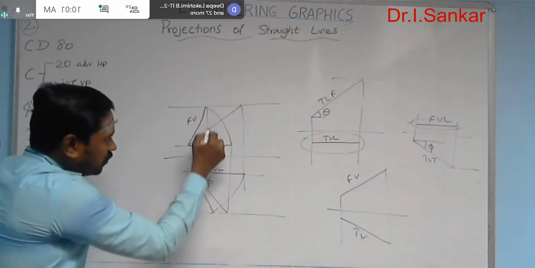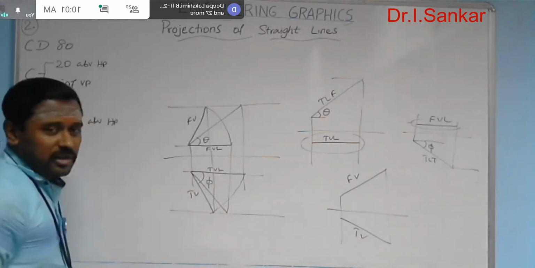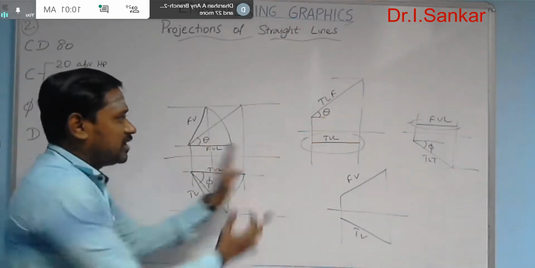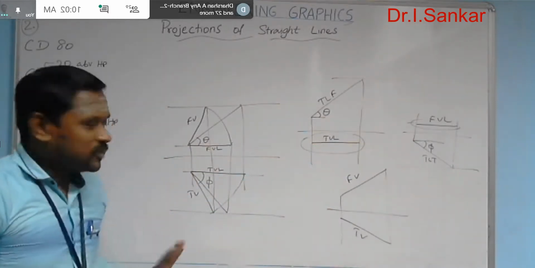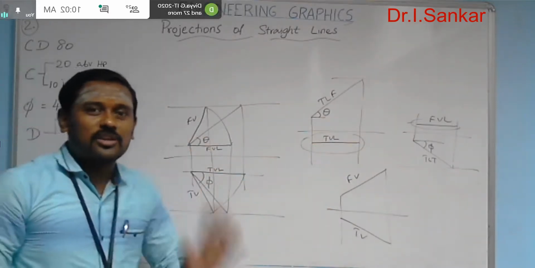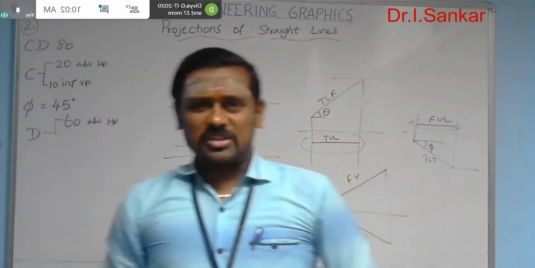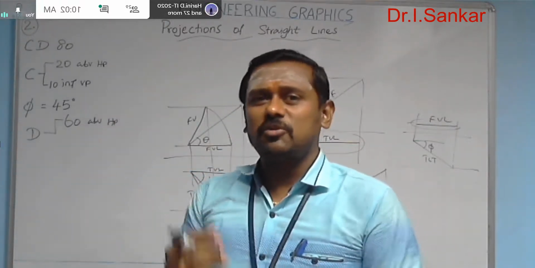And the front view and top view can be connected with the projector. So I combined these 3 things in a single platform. In this way only you are going to get the answer. This is the basic template which we obtained in the previous problem also.